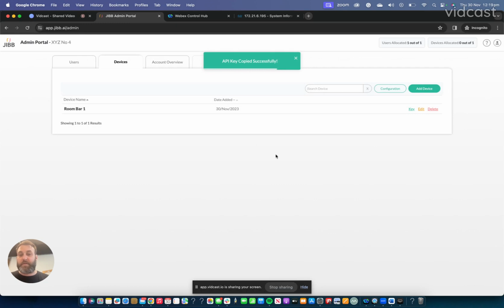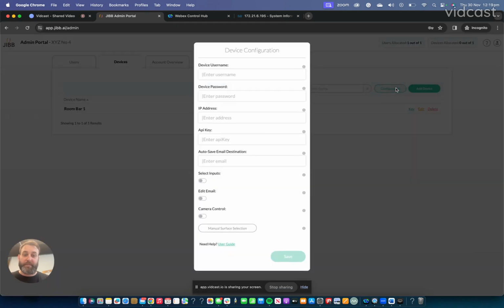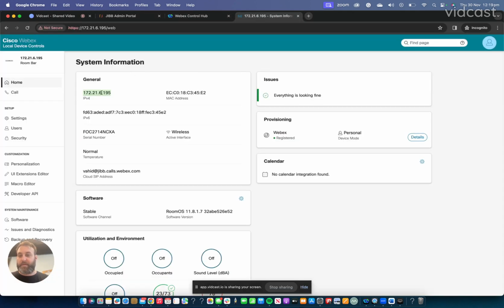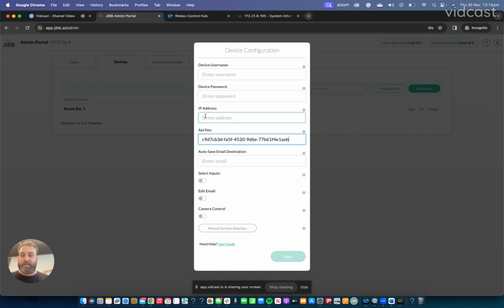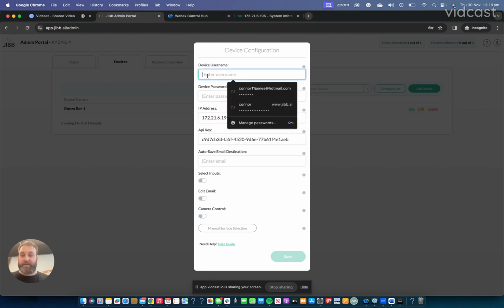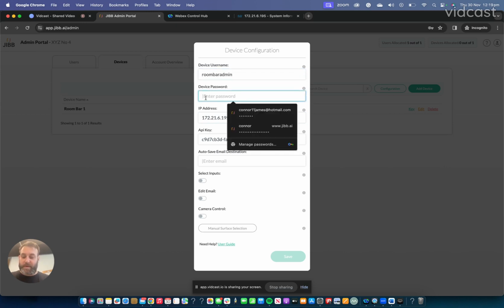I'd recommend copying and pasting this into a document for your own records, but we're just going to jump straight into clicking the configuration button. And I'm going to enter the API key there. And I'm also going to jump back over here and copy the IP address. So we've got both of those. Now I'm going to enter the admin username like so. And then I'm going to enter my password